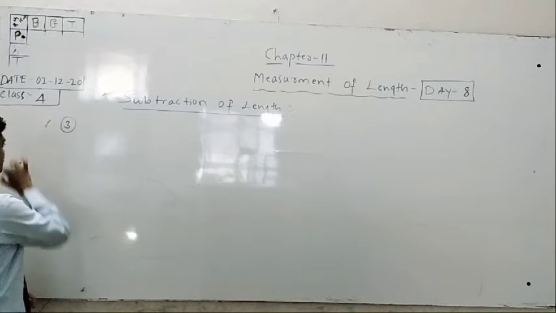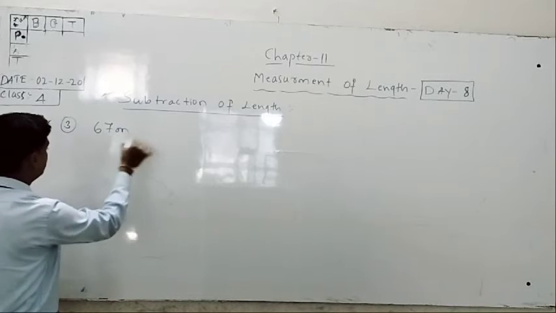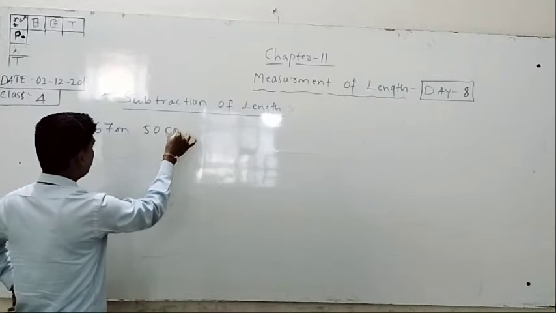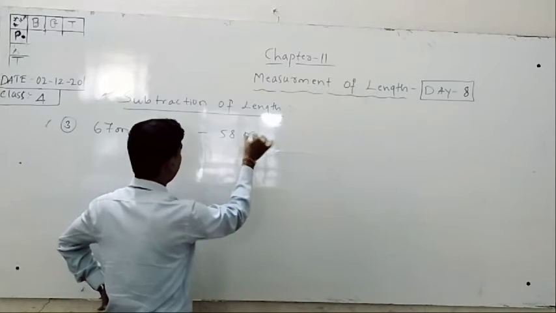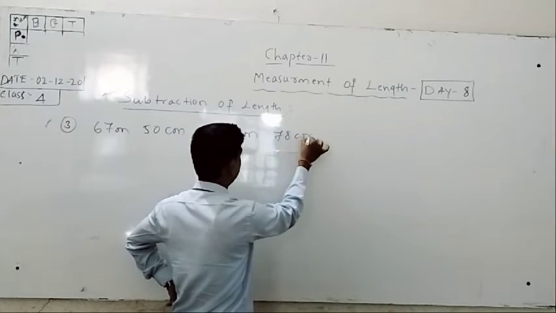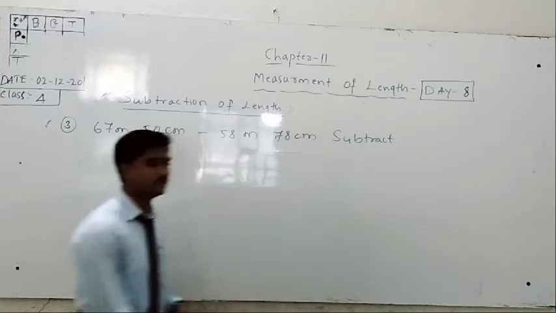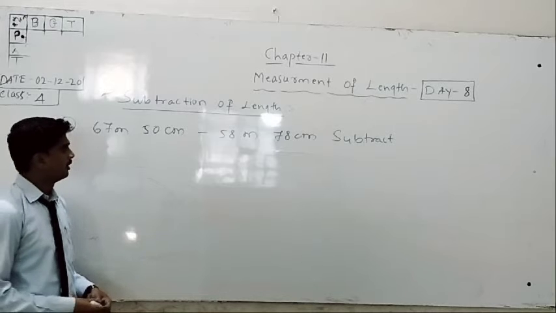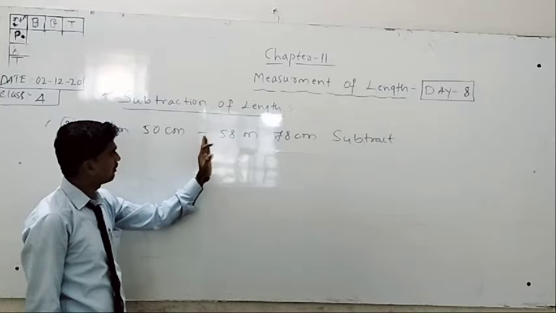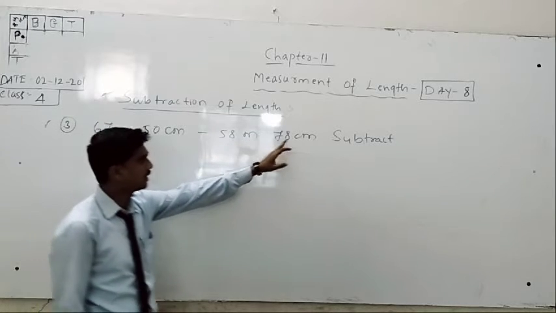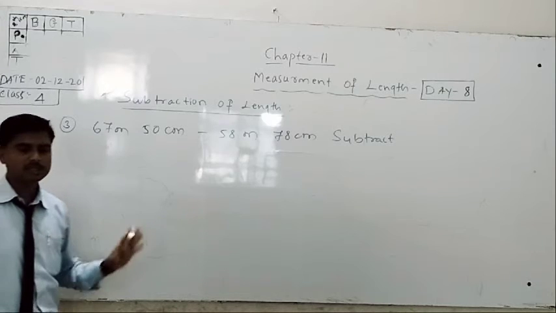Then the third one: 67 meter 50 centimeter minus 58 meter 78 centimeter. Subtract. This time the problem is given like this: 67 meter 50 centimeter minus 58 meter 78 centimeter. Understand? Then this time compulsory you should subtract